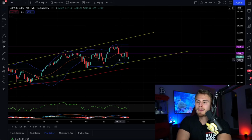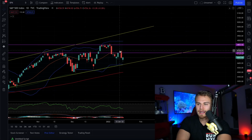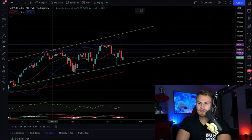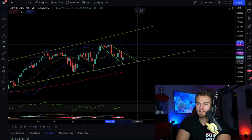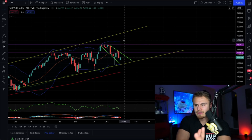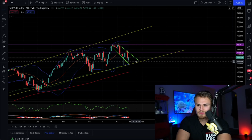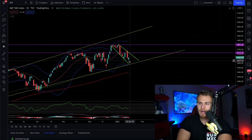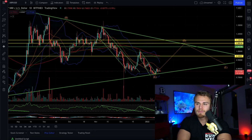We're not going to be seeing much of a movement right now, although I am starting to see some sort of falling wedge fractal starting to form here, which you can clearly see is aligned by this support. Let me just draw this out for you guys right here. And then this top resistance, just like this, some sort of smaller descending fractal forming here. Not that important though, as they don't last that long, and it is pretty much going to scale us down to bottom support here, this uptrend, and then we'll probably bounce, ricochet or rebound off here to the upside. But moving forward, what we really need to look at is I actually discovered a new pattern on Bitcoin,